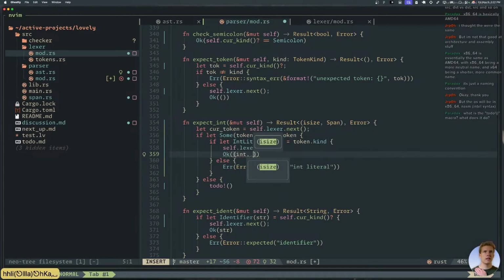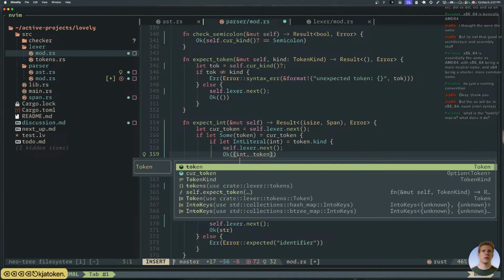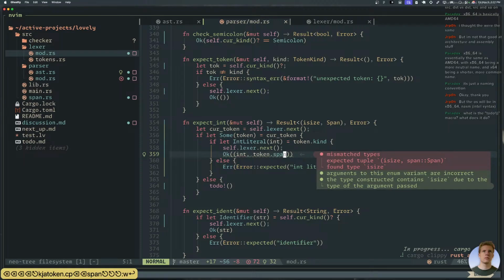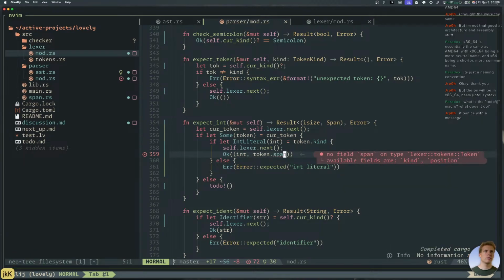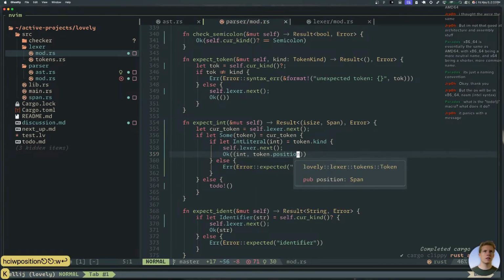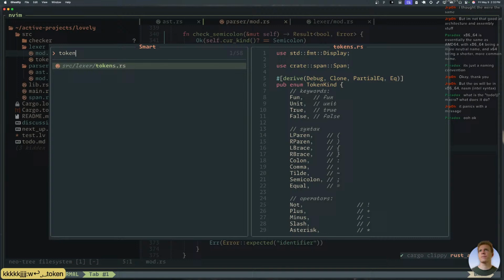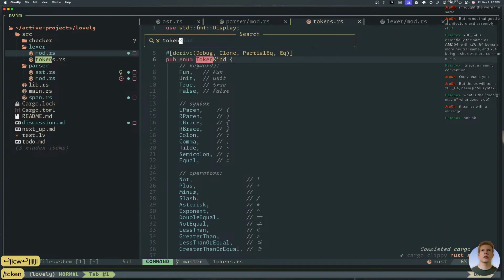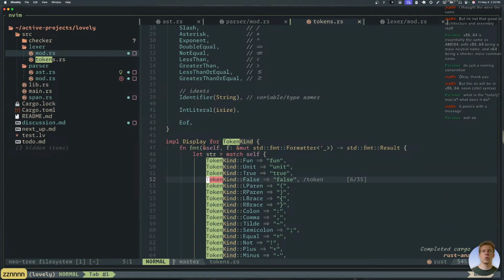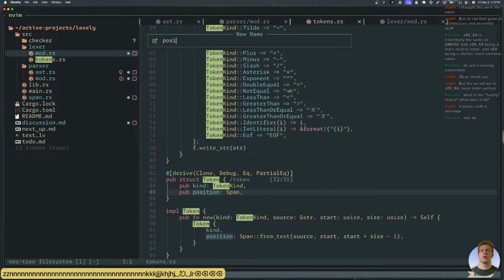You pass the int, but we also pass the span, which is token dot span. I thought token had spans. Why is it called position? Oh, that's bad. Right here, this guy should be called the span.